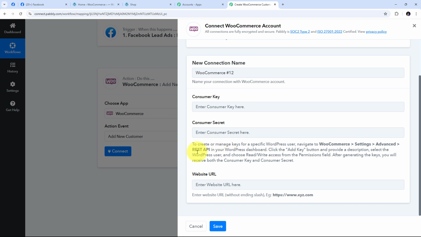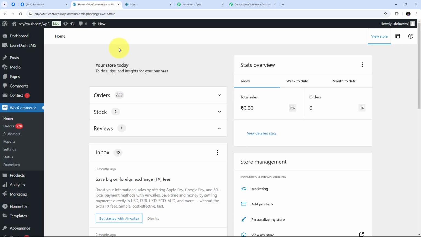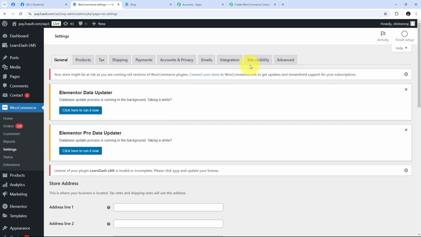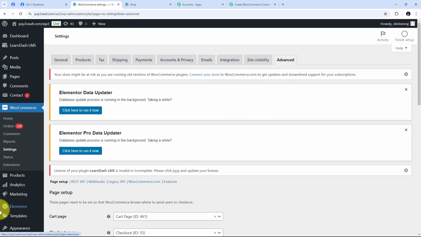So in REST API I need to create my new key where I will find the consumer key and the consumer secret. So for this, let me take you to WordPress where I have my plugin of WooCommerce, and here in WooCommerce plugin I need to go to settings, and now in settings I need to go to advanced settings, and here in advanced settings I have this option of REST API, so I'm going to open that,